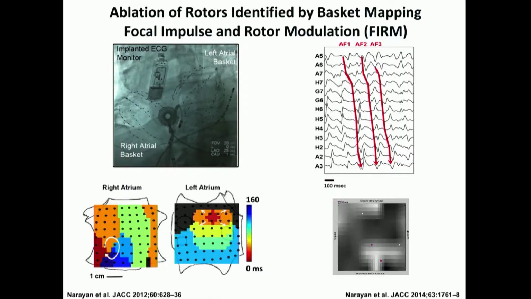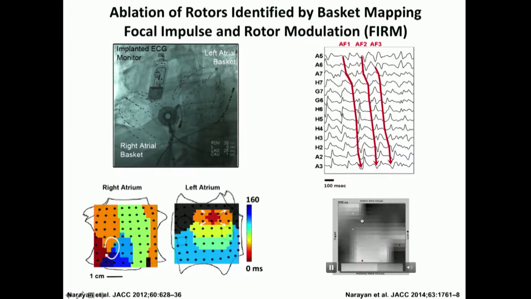This is just a slide showing the basic principle of the FIRM approach. I think I can actually go through this very quickly. What Sanjeev Narayan does is he records endocardial electrograms from the left and from the right atrium, and then those electrograms are filtered in a special way. This is related essentially to the shape of the action potential, and then a so-called phase analysis is done, and then this produces such movies here where phase singularities are detected. Those are the rotor cores actually, and when those cores are ablated,